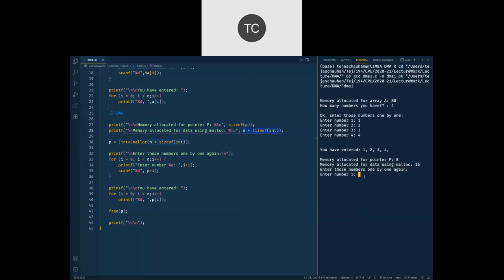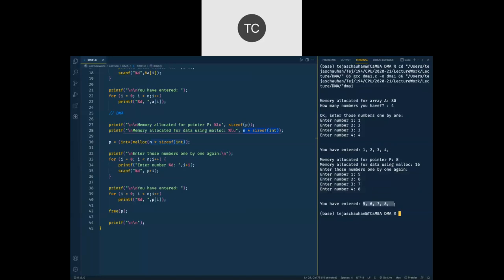So let me show you, just to differentiate that this array and this pointer are different, I'm going to give some different values here, like 5, 6, 7 and 8. And it is going to give me 5, 6, 7 and 8. मैंने ये अलग नंबर इसलिए डाले कि आपको ये पता चले एरे अलग है 1, 2, 3, 4 एंड पॉइंटर का मेमोरी लोकेशन अलग है 5, 6, 7, 8.